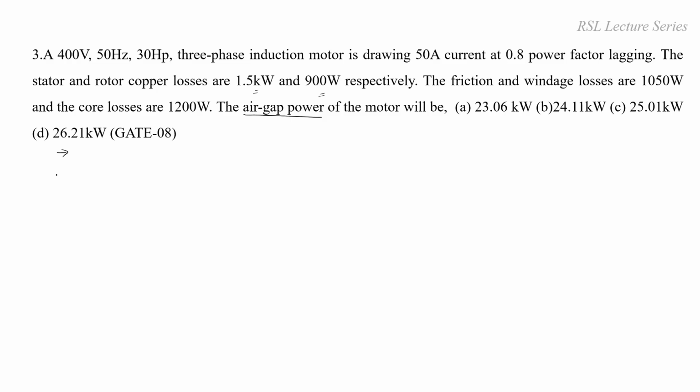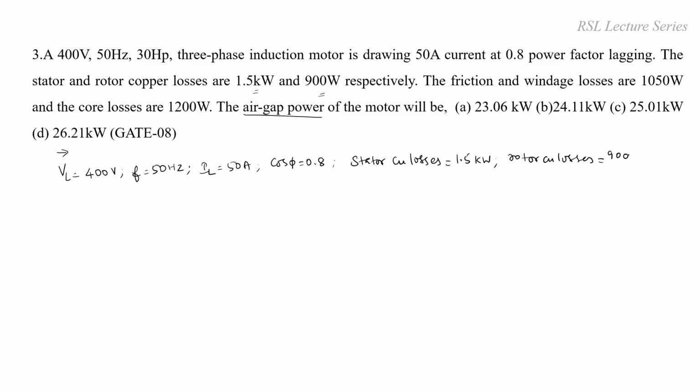Now we'll write down the given data. The rated line voltage is 400 volts, the supply frequency f is equal to 50 hertz, the current drawn from the supply IL is equal to 50 ampere, and the power factor cos phi is equal to 0.8. This power factor is lagging. Then the stator and rotor copper losses: